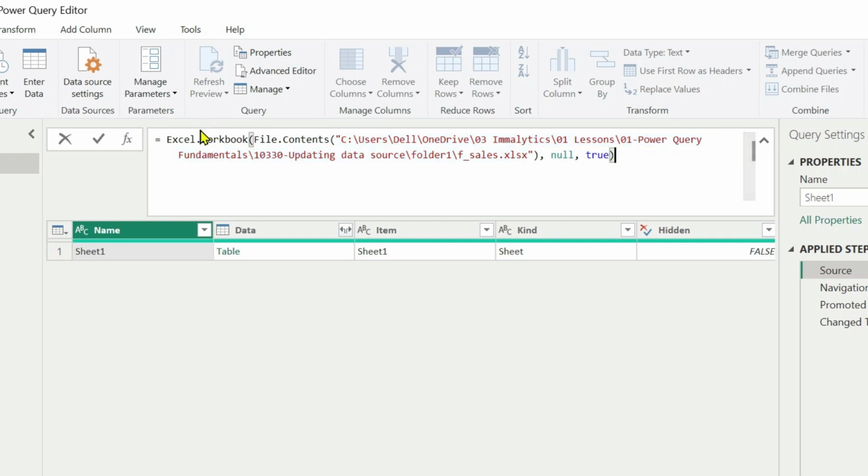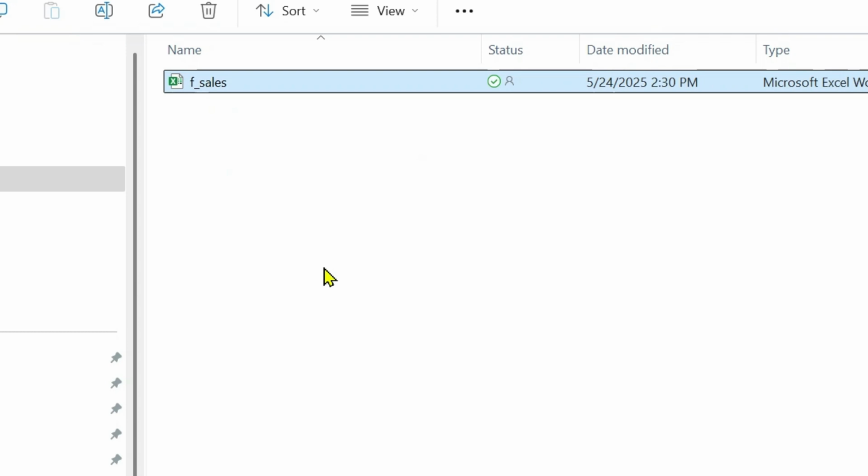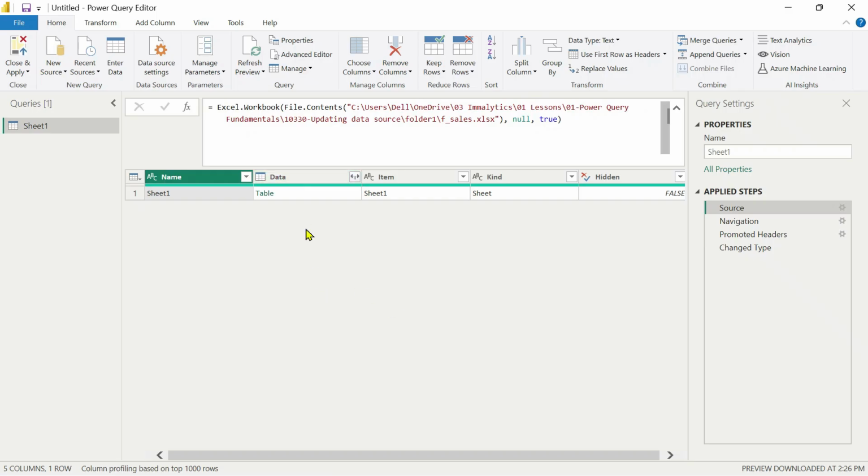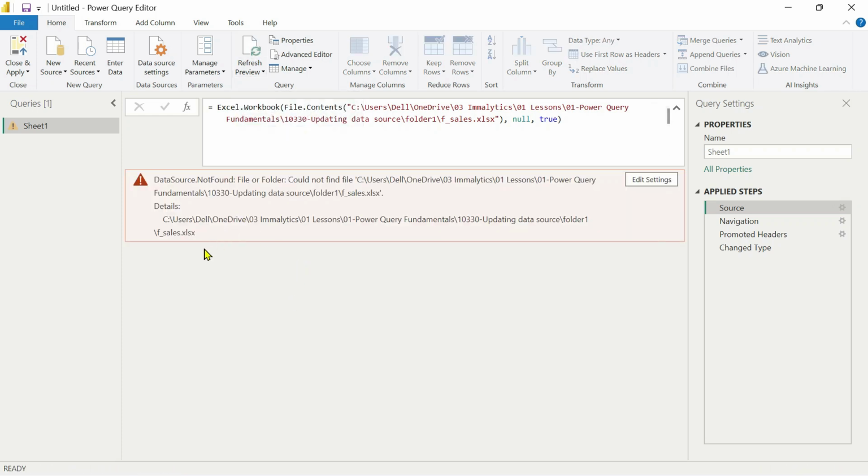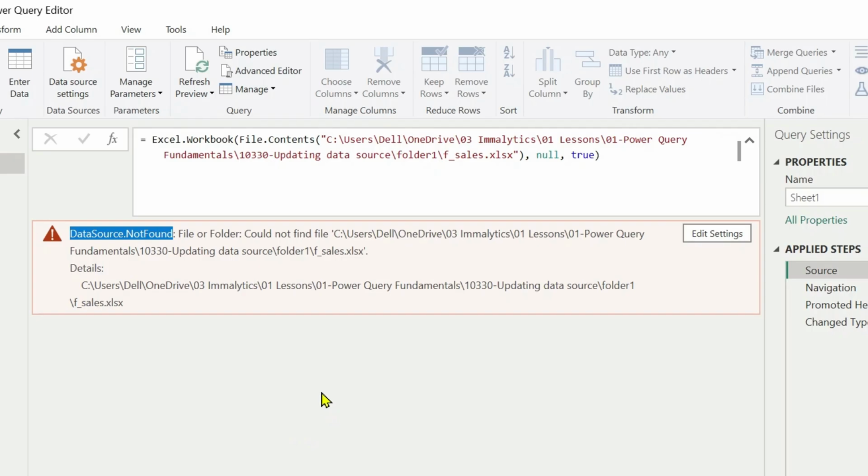So every time you refresh your data model, Power Query will try to get the new data from this same fsales file in the same location in your computer. So what happens if you move your file to a different folder? Let's see. I will cut this file, remove it from folder 1, and paste it, Control V, in folder 2, and back to Power Query. If I try to refresh the data, it will return an error saying that the data source was not found. Of course, Power Query was programmed to get the data that was stored in the fsales file in this location,